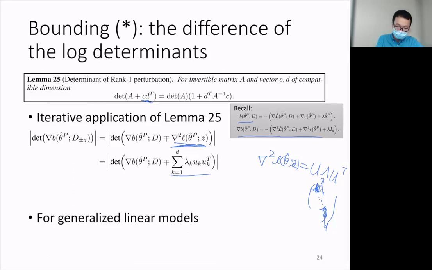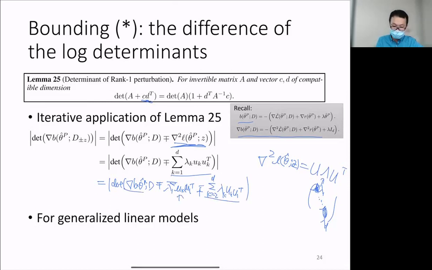So this is equal to the determinant of B theta hat P D plus lambda 1 u1 u1 transpose plus the sum over k from 2 to D of lambda k uk uk transpose. If we group these two together, this one is a perturbation CD transpose, and then we can apply this formula to show that this is equal to the determinant of